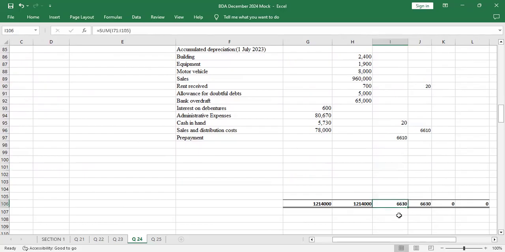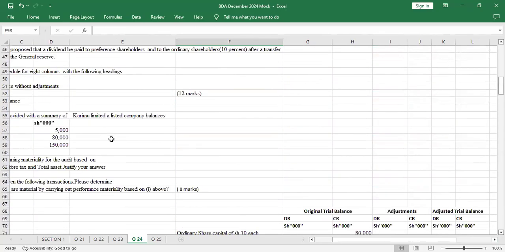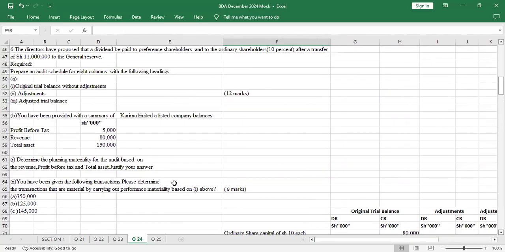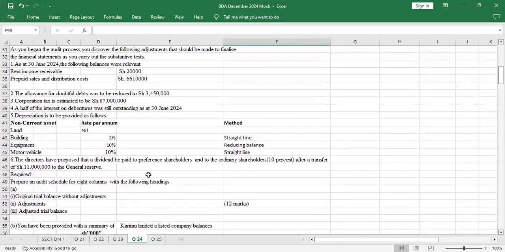And you can see it's balancing slowly, 60, 66, 30, 66, 30. So we continue. Additional information number 2: the allowance for doubtful debts was to be reduced to shillings 3.45 million. So you go to allowance for doubtful debts